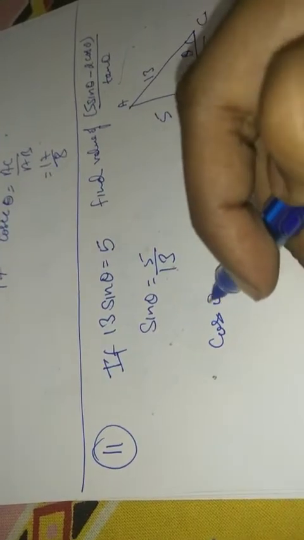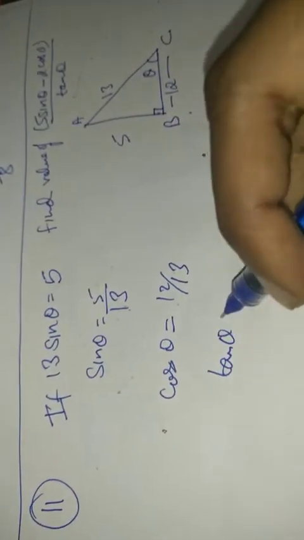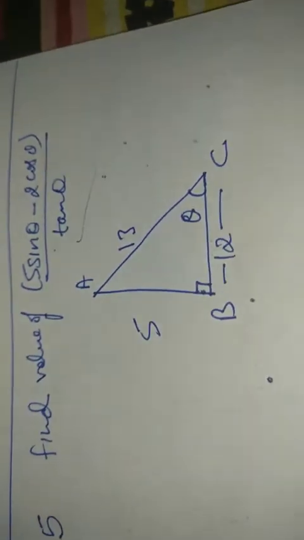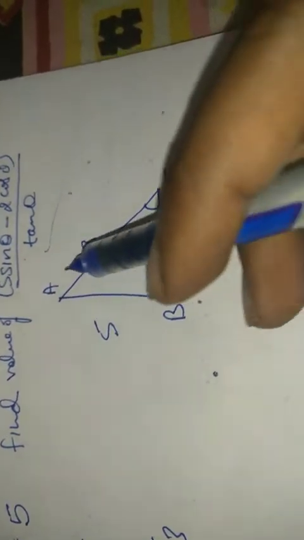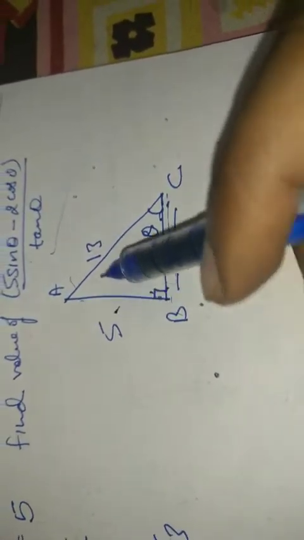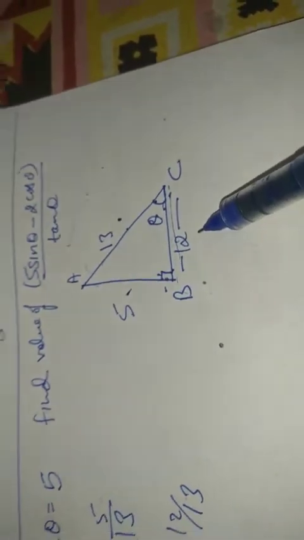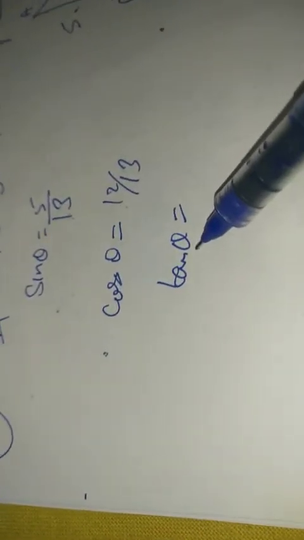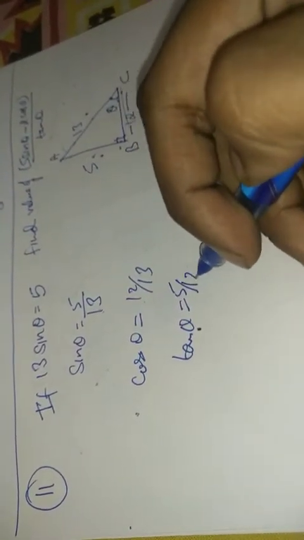Let's calculate cos theta and tan theta so that we can substitute the values. Cos theta will be equal to base upon hypotenuse, so it will be 12 upon 13. Now tan theta will be equal to perpendicular upon base. Why base? Because this is the line on which 90 degrees and theta are present. So this will become the base. Perpendicular is the side opposite to the angle, and opposite to 90 will be the hypotenuse, that is fixed. Hypotenuse will always be fixed. Base we can get to know as per the angle written along with the trigonometric ratio, and the leftover will become the perpendicular. So tan theta will be perpendicular upon base, that is 5 upon 12.